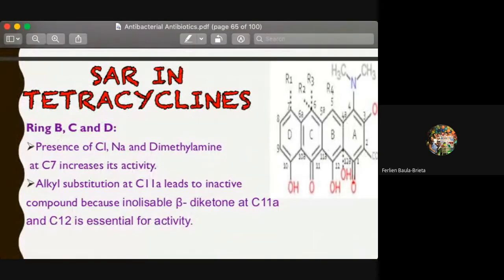Now, with regards to rings B, C, and D, and dimethylamine at C7, if you substitute this R1 here with dimethylamine, it will increase its activity. So alkyl substitution also at C11A, here at the lower part, in the fusion part, you can see the arrow, that's the C11A. If you add methyl, ethyl, or any alkyl at this part, it will lead to an inactive